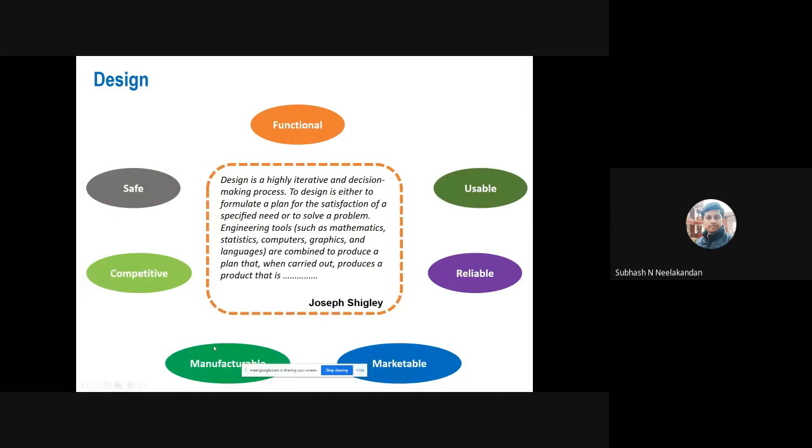It should be marketable, it should be manufacturable, and the country and the industries in that particular country should be able to manufacture it in required quantities to meet the supply. It should be competitive with the existing products and it should be safe. So these are the generic concepts of design. Depending upon the various applications where design is used, there are different categories like engineering design, creative design, industrial design, etc. And this presentation is focused on engineering design because that is where we mostly care for biomedical devices.